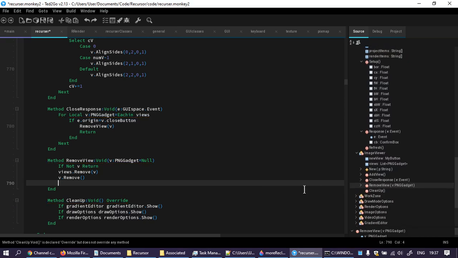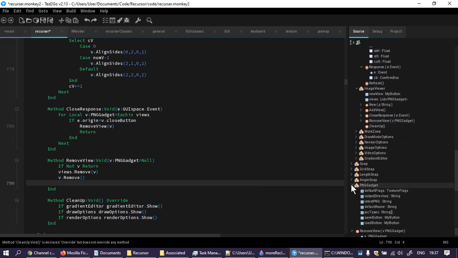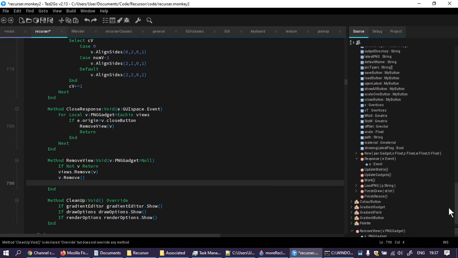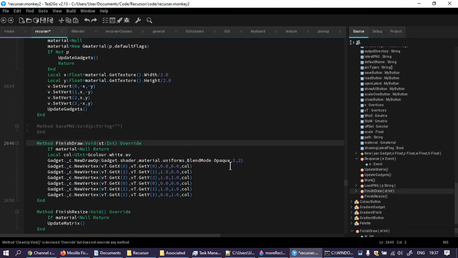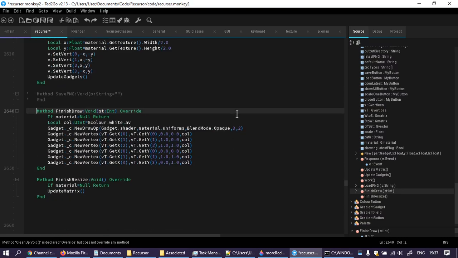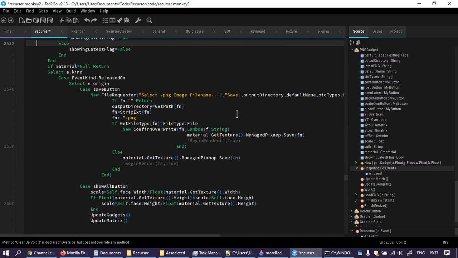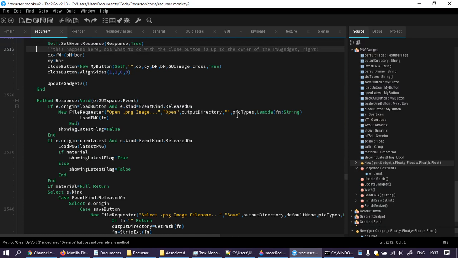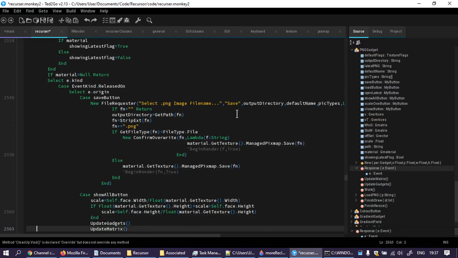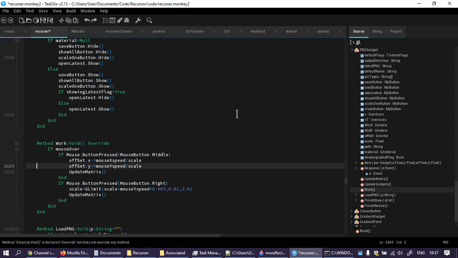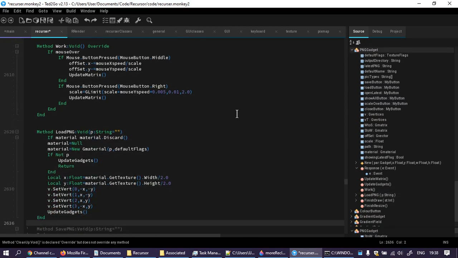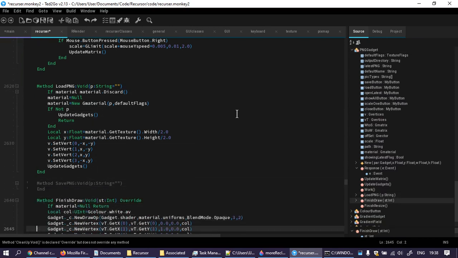Let me actually look up Gadget. Okay, so there's not a remove, and there's not even a clean up. I'm off my head. So I definitely need a clean up here because it's gotta do the stuff it does like in LoadPNG. Material discard. So